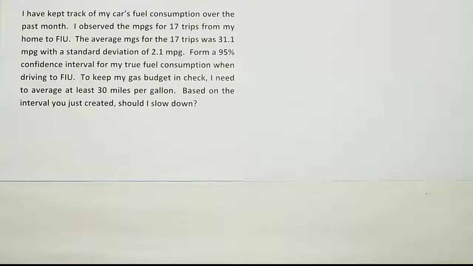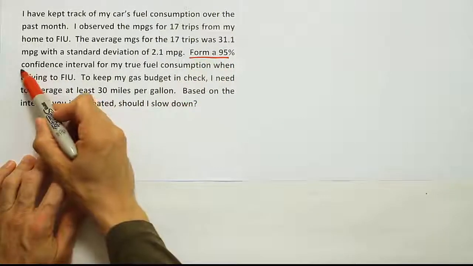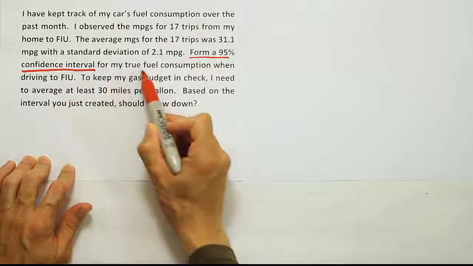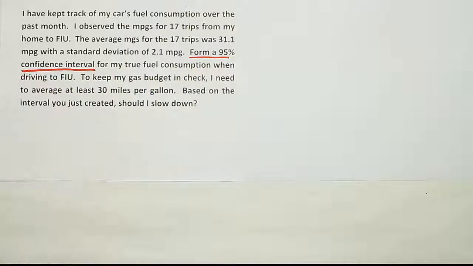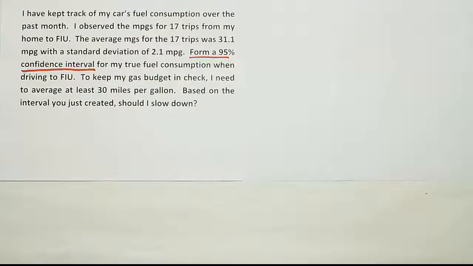Okay, so let's look at the key phrases here. The first thing I want to identify is the phrase that says, form a 95% confidence interval for my true fuel consumption when driving to FIU. They don't say the word average here, but if we're talking about the true fuel consumption when driving to FIU, we're talking about my average fuel consumption for the journeys, right? And we're asked to form a 95% confidence interval estimate of that. So I know it's a confidence interval, and at that point I should use my 4-step procedure. So we're going to go ahead and say, step 1,